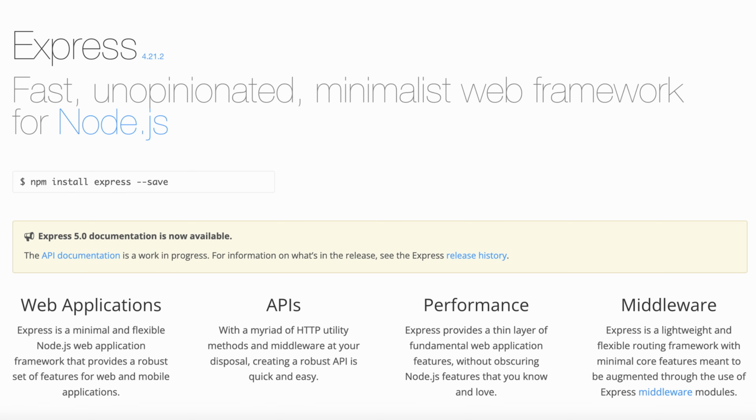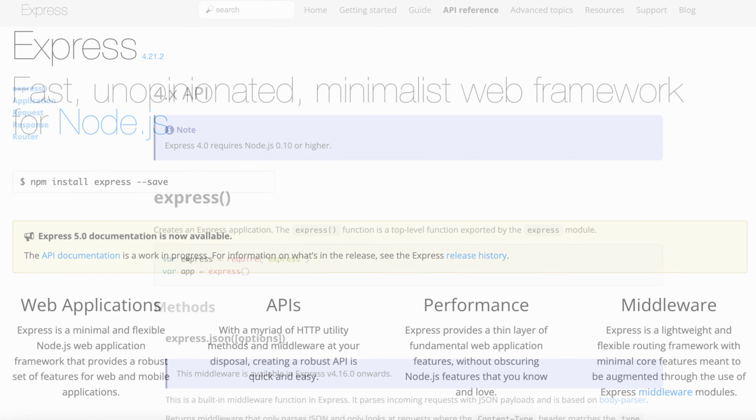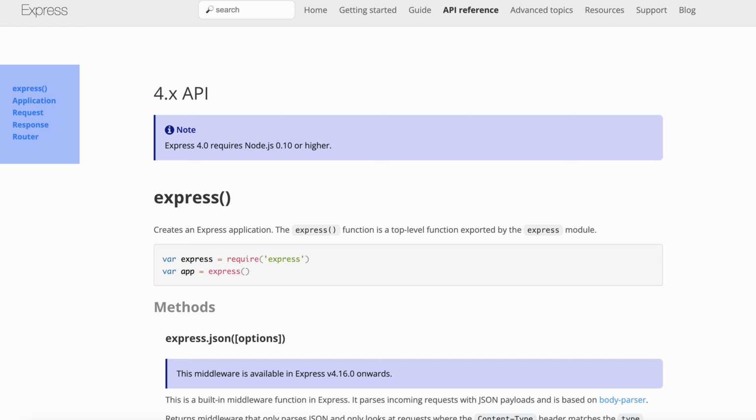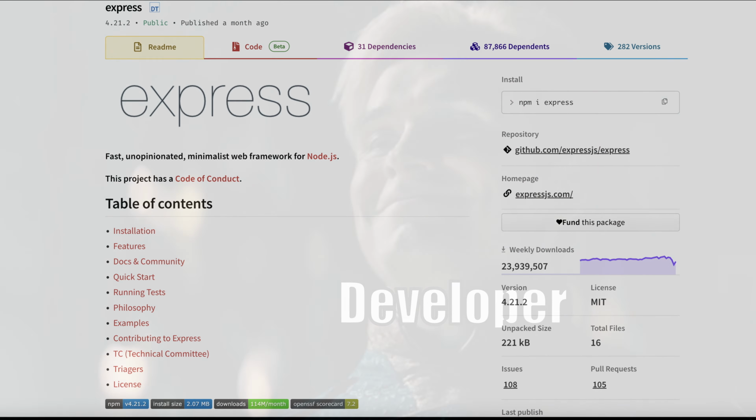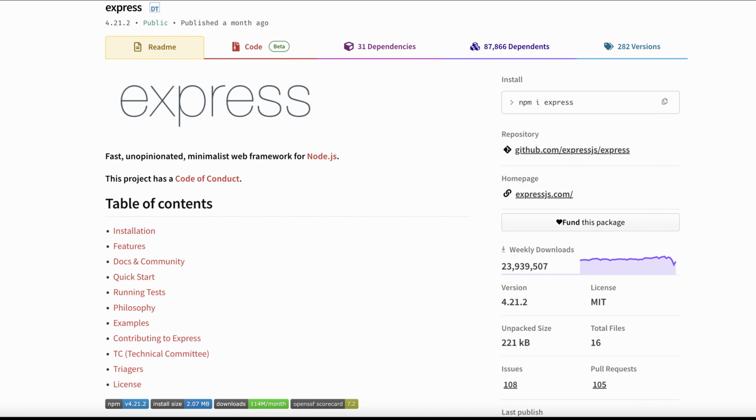Express.js is a minimalistic web framework for Node.js applications. With a relatively small set of features, it provides you with everything you need to build an API or web application. At the same time, it doesn't impose any specific patterns, giving you the freedom to decide how to structure your project however you want. This flexibility and lightweight nature are the key reasons why it remains one of the most popular packages